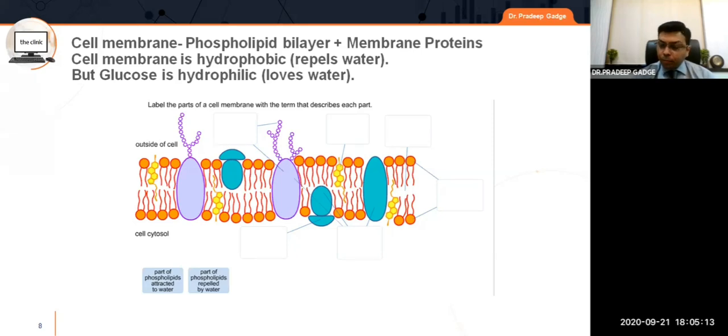Now the thing is, glucose is absolutely important for production of ATP. So say if I am talking to you, if you are listening to me, or whatever activity we are doing in day-to-day life, we need ATP for functioning. And this ATP comes from glucose. So basically, ATP is life, you can say, and glucose is life indirectly. And now we need this life in the cell, not outside the cell. So the glucose has to travel into the cell. But unfortunately, the glucose is hydrophilic. So how will it travel into the cell?